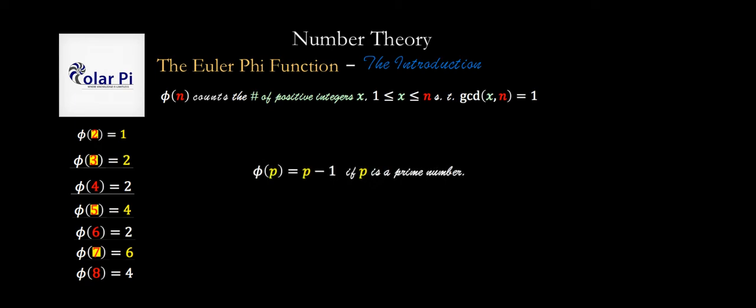This is the pattern you should have seen, which is when n is a prime number p, then phi of p is p minus 1. For example, 2 is prime and phi of 2 is 2 minus 1. 3 is prime, phi of 3 is 3 minus 1. 5 is prime, phi of 5 is 5 minus 1. You get it. This will be important for you to keep in mind for future videos, knowing that phi of p is p minus 1. Also, before we conclude, phi of 1 is 1, because the list this time is just 1, but